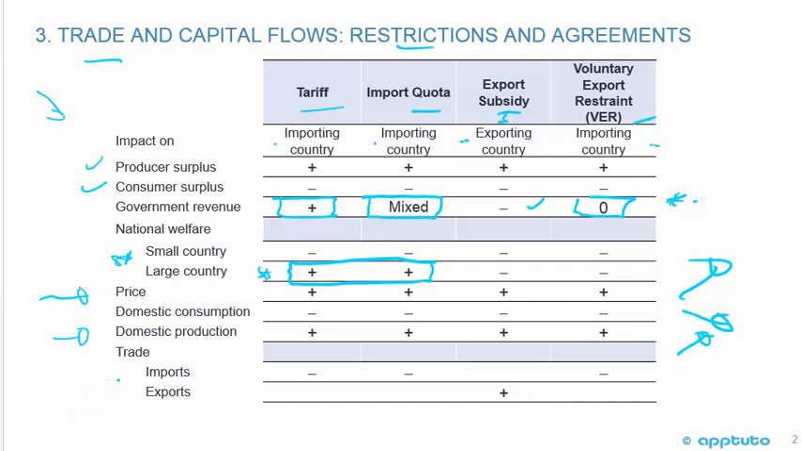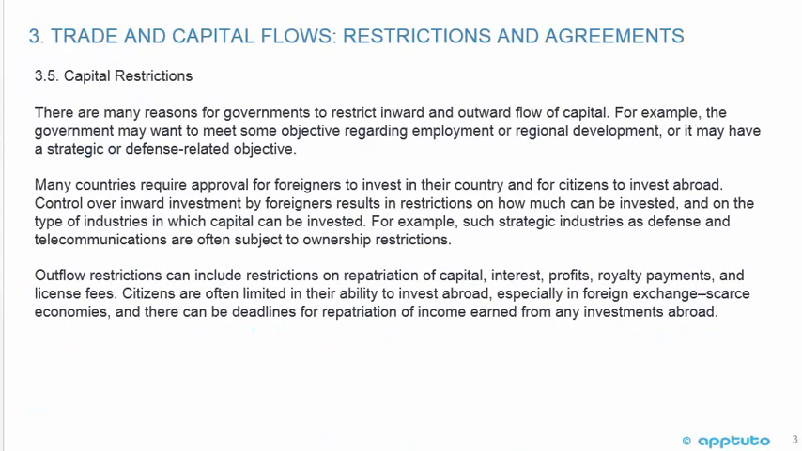And so then finally here we can see the impact on imports, negative for a tariff, negative for an import quota. Nothing here because we're talking about export subsidy, negative for a voluntary export restraint. Then of course an export subsidy is going to be positive on exports. So again, a nice little graphic or a table just to help you review the impact with regards to different types of trade restrictions. Now we're going to look at some capital restrictions, just 2 slides on that to finish